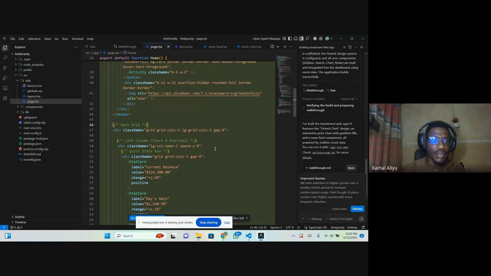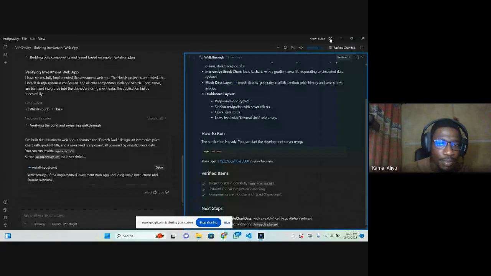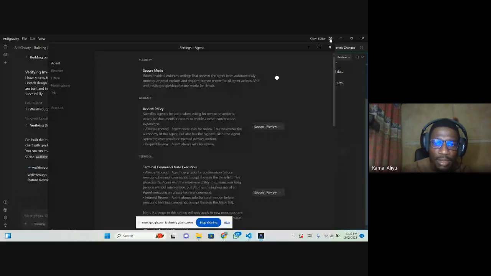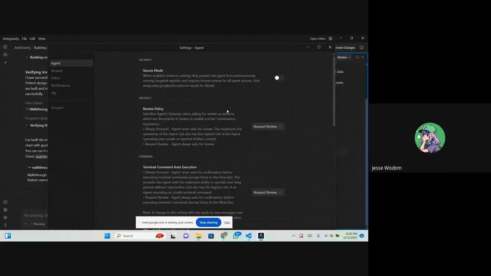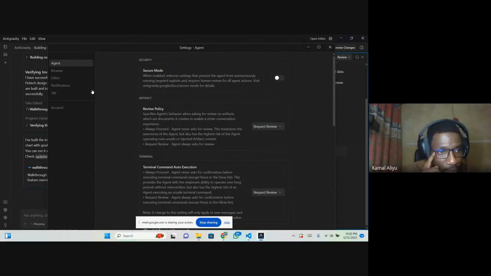Did you click on the setting icon? Here, you will go and click on browser.